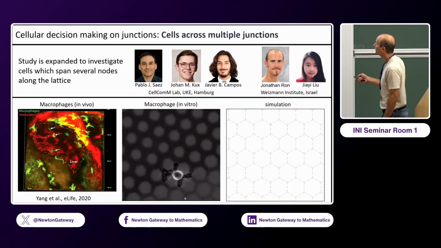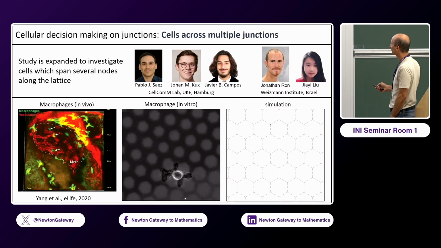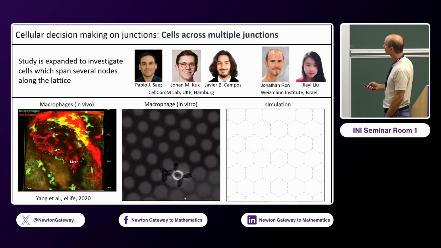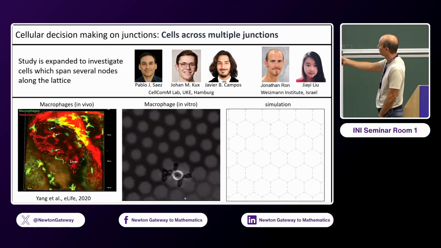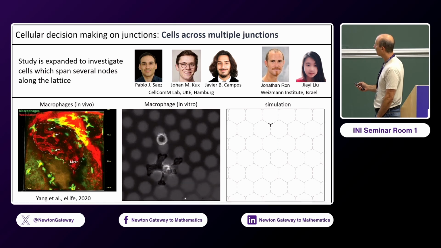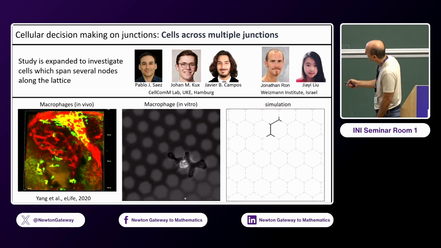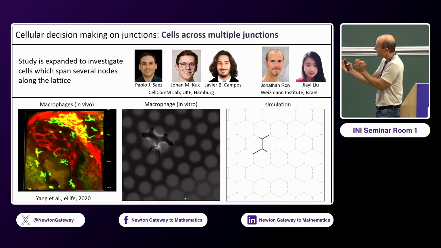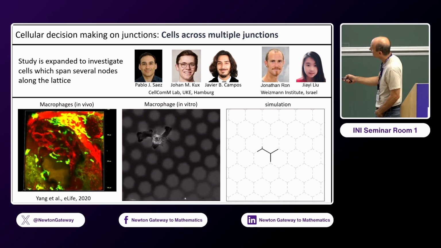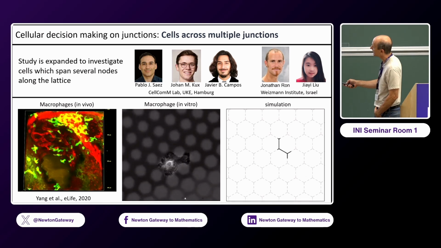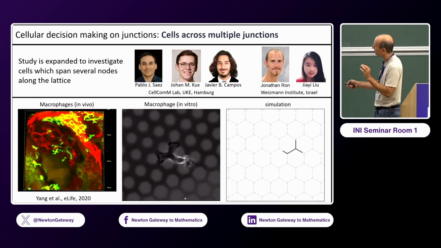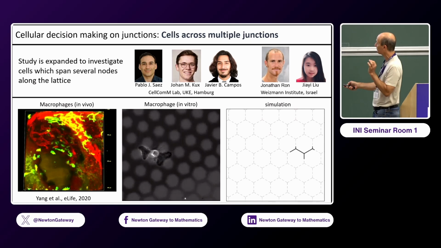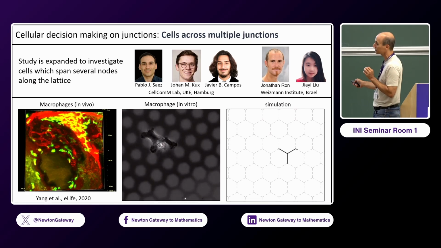Okay, now networks. I have a few minutes to talk about networks. The experiments for this work, by the way, come from Pablo Saiz in Hamburg. Here, you have a macrophage cell on a hexagonal network whose dimension was shrunk so that the cell is highly bifurcated at any time, meaning that it does not encounter just one junction, like I showed you before, but it encounters many junctions